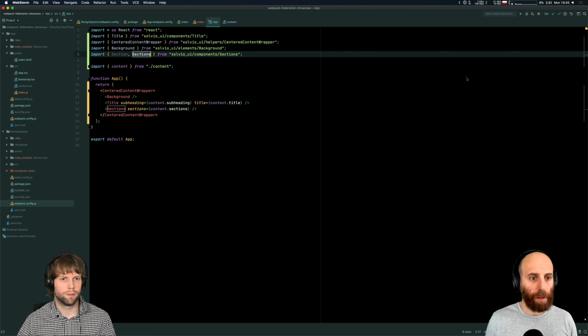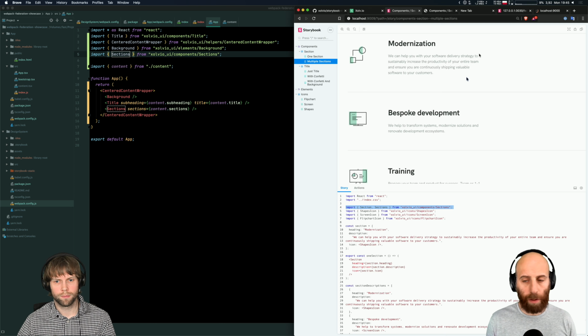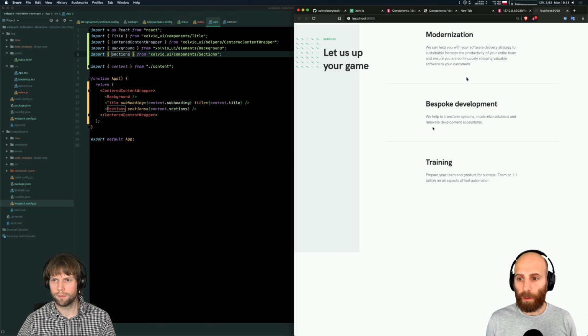And we'll get rid of sections. Oh, we do need sections. We just need a single section. Storybook. Okay, let's go see what this looks like. Ta-da! And you can see how quickly we can construct a web page like this. If we have our design system public somewhere, we can very, very quickly and easily construct pages